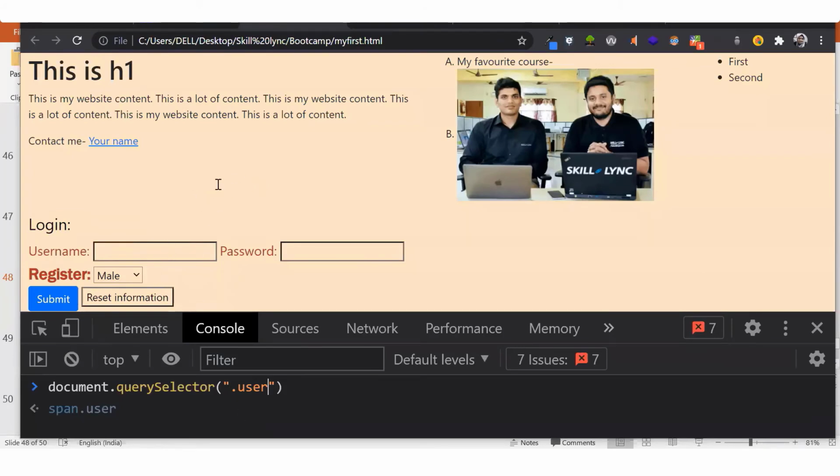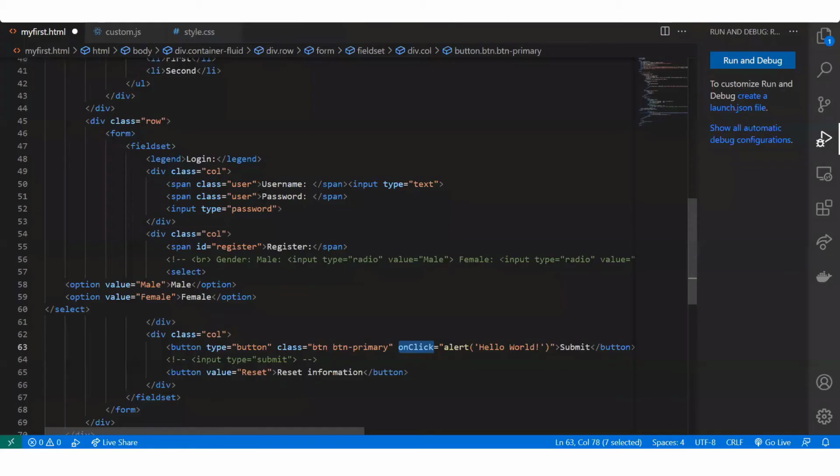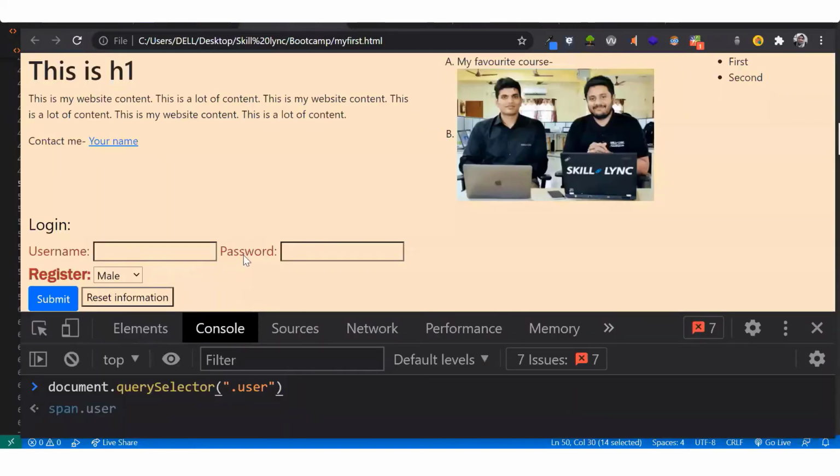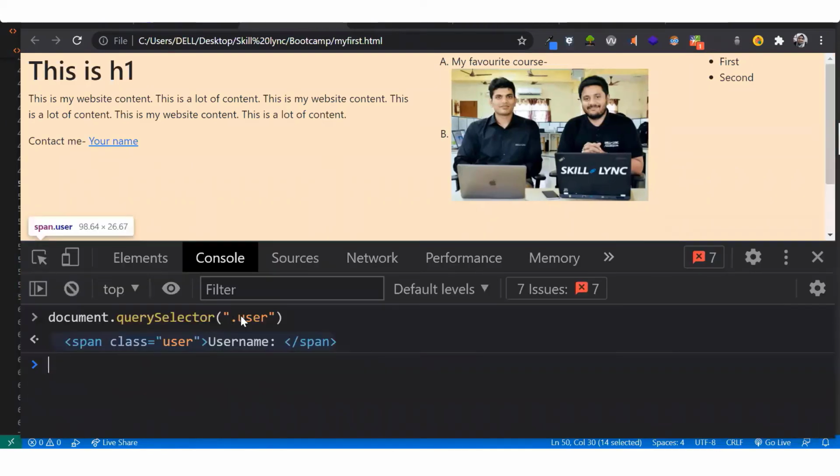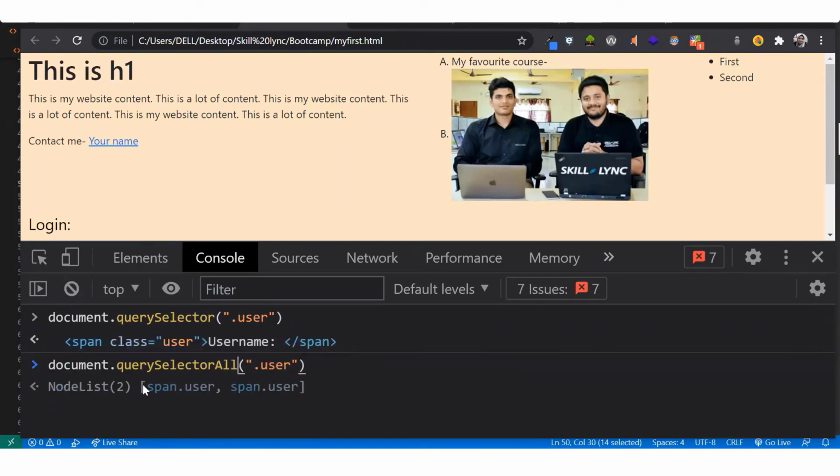So class equal to user for username, class equal to user for password as well. So now querySelector dot user, and if I just press enter, you will see that it only selected the first one. If you want everything, then you have to write querySelectorAll.